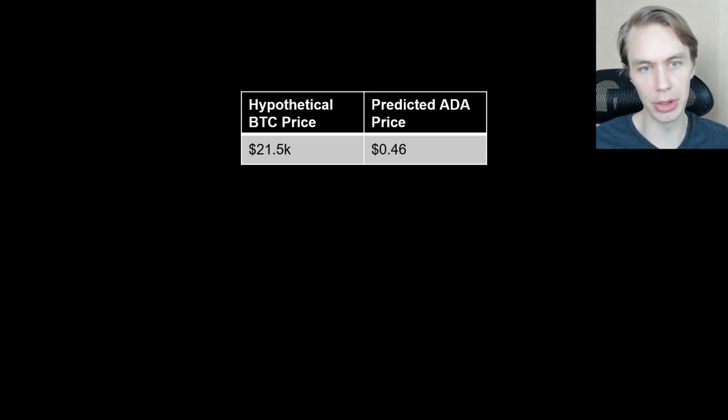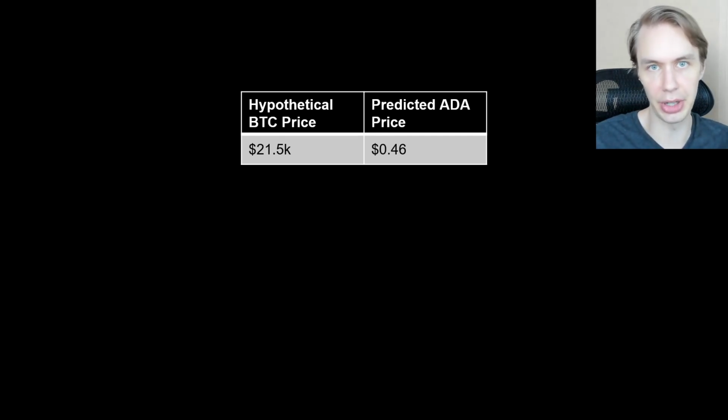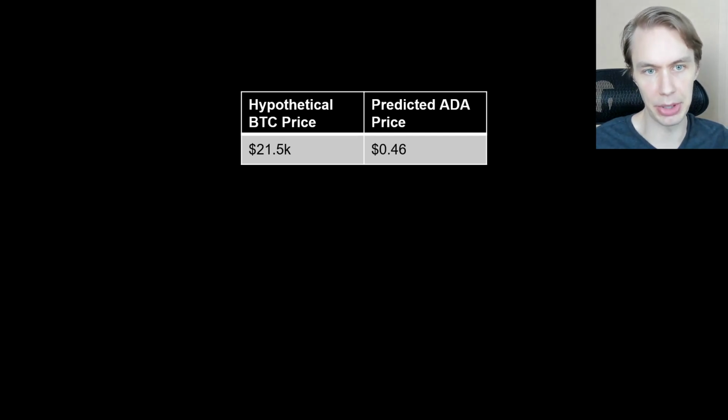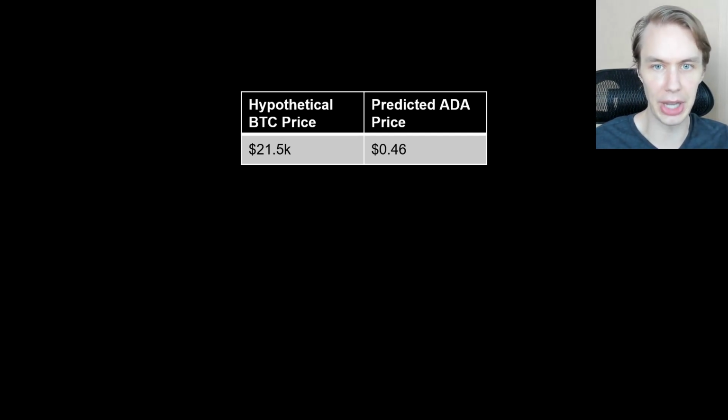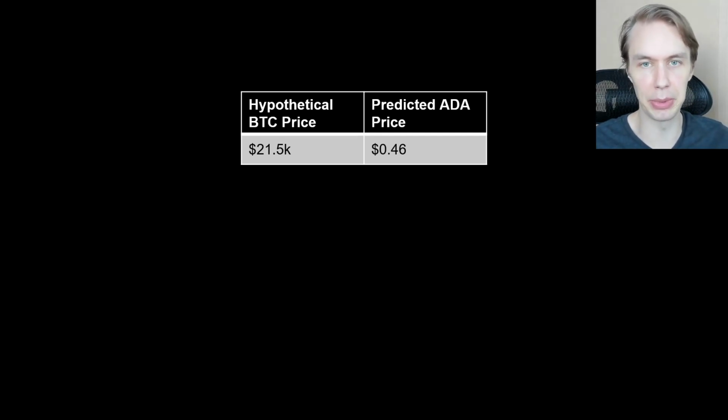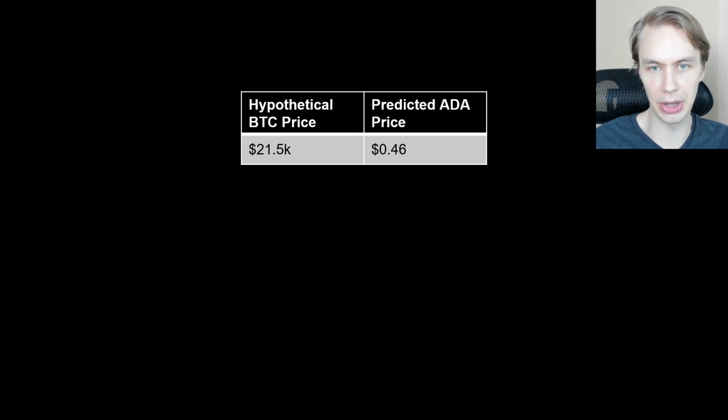It's more or less what the current Bitcoin price is, trying to predict what the current ADA price is. And it's actually very close. ADA is currently trading right around 46 cents and Bitcoin's currently trading around 21.5K. So you can see this model is not completely crazy, right? At current Bitcoin price level, it will predict an ADA price level that's roughly around the same level. So you might even interpret this as saying that ADA is right around its quote unquote fair value based on the Bitcoin price currently, at least according to the model's estimation.